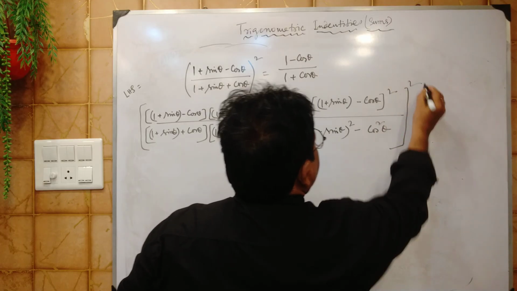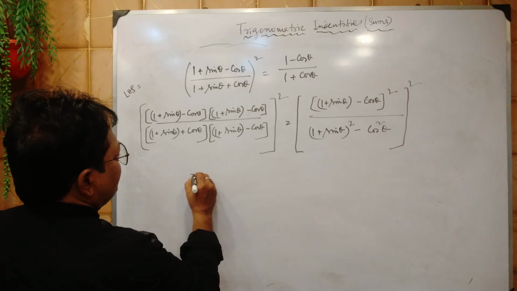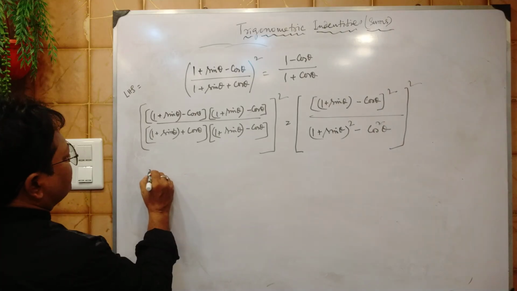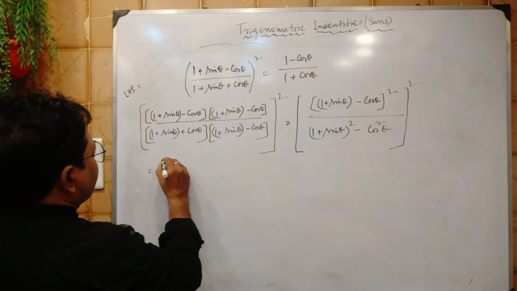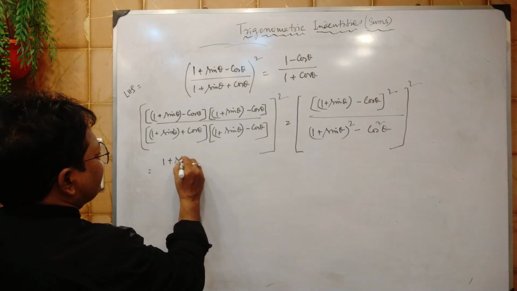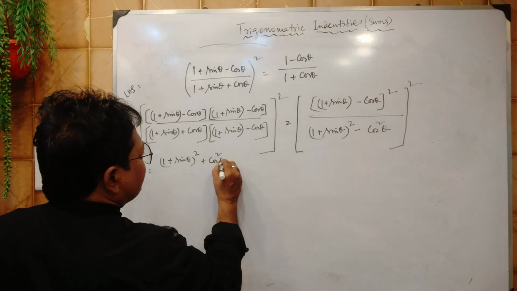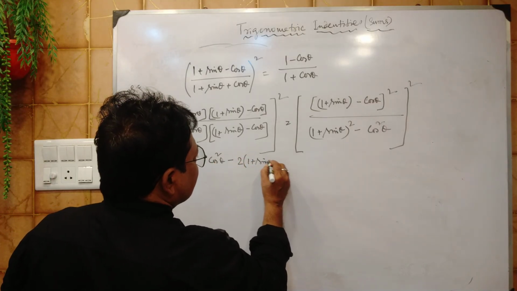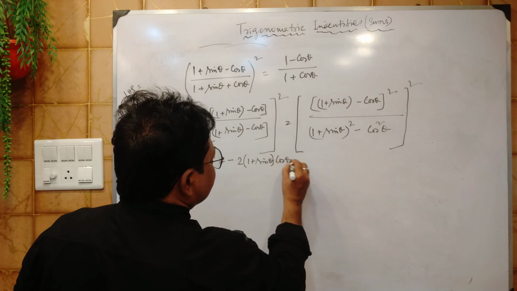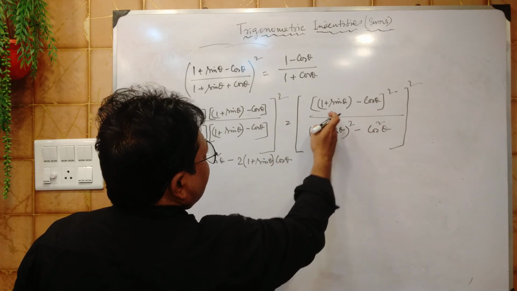Now it is a minus b whole square, so a square plus b square minus 2ab: (1 plus sin theta) whole square plus cos square theta minus 2 into (1 plus sin theta) into cos theta